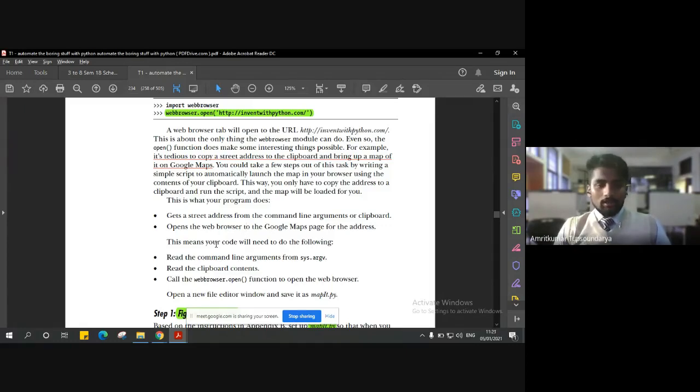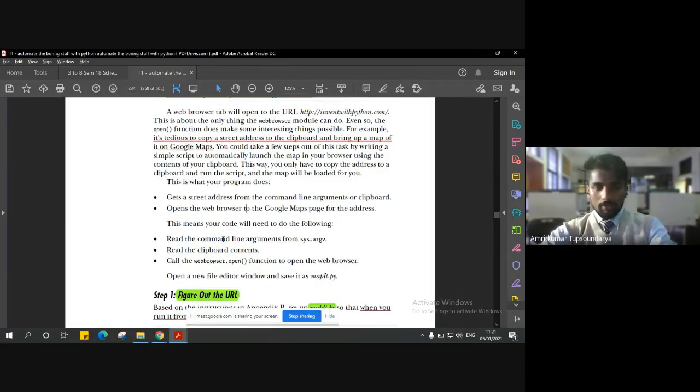Then we are going to read the content from the clipboard, which is nothing but our address. Once we have this input, which is our address, we are going to call webbrowser.open, the open function to open the web browser, and then we are going to open the Google Maps address. So how to do that?